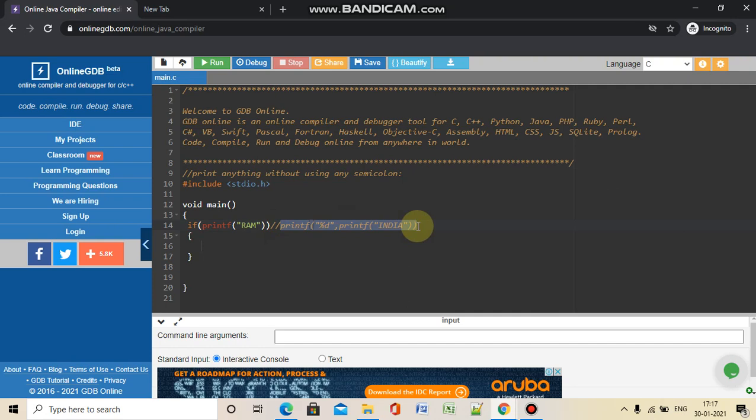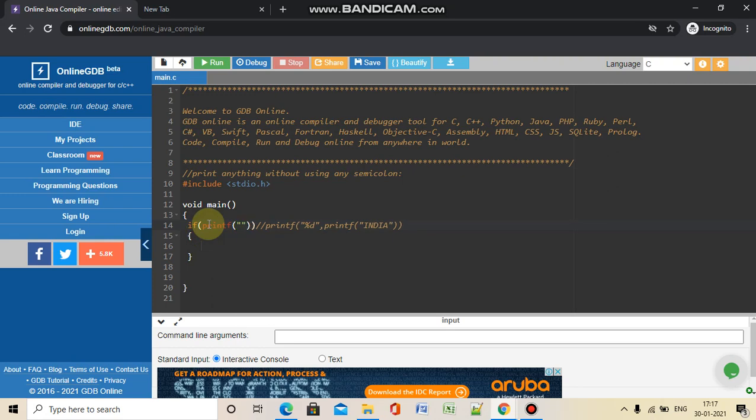So printf ram will be replaced with 3, and as we know 3 is a non-zero number, it will always be true, so the condition is satisfied and the execution will be followed into the if block also.